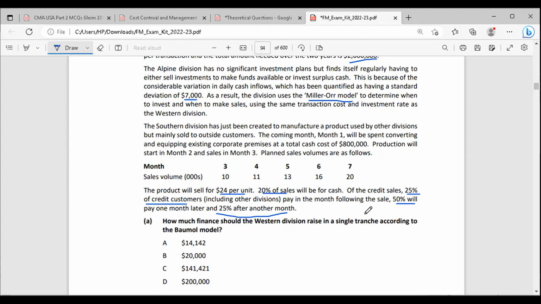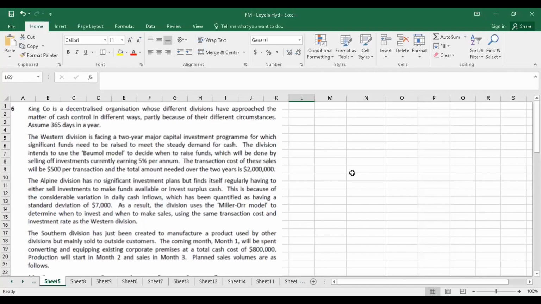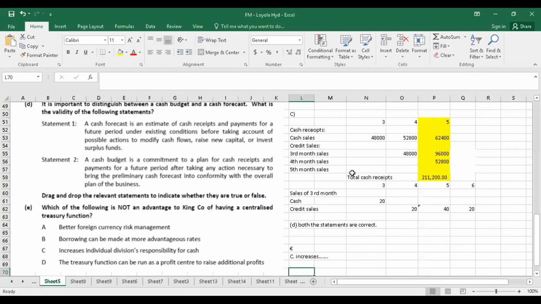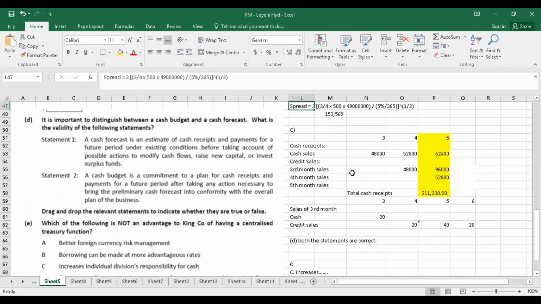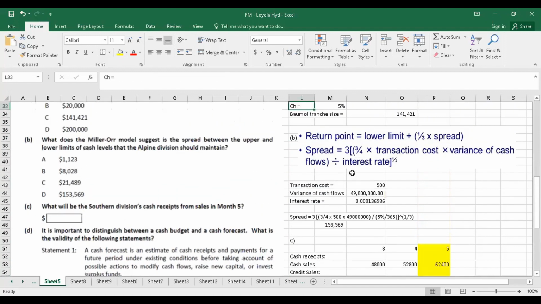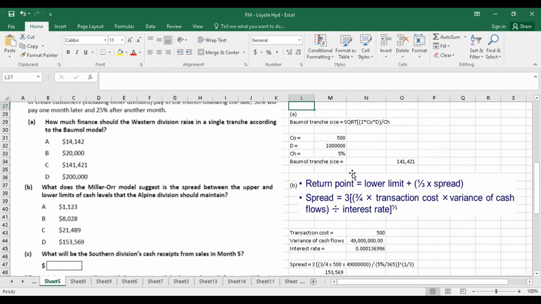So there are certain questions. This is King Company. We have read through the questions. Let's take up the answers for this one. The first bit says: how much finance should the Western Division raise in a single tranche